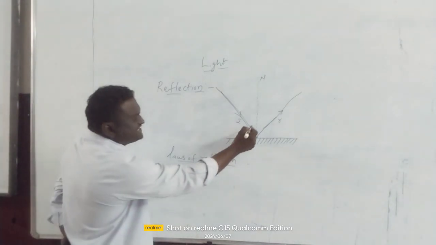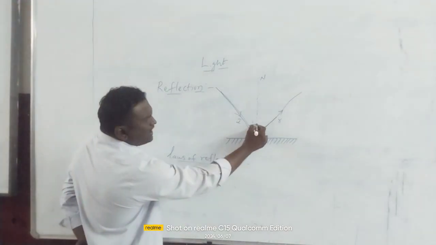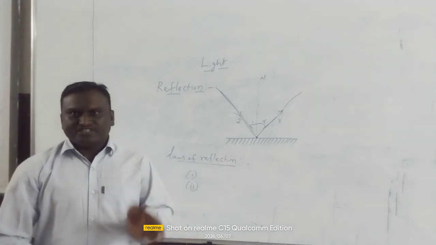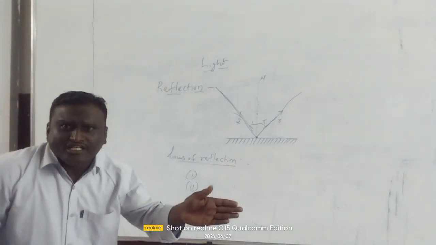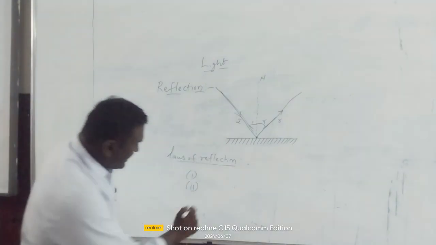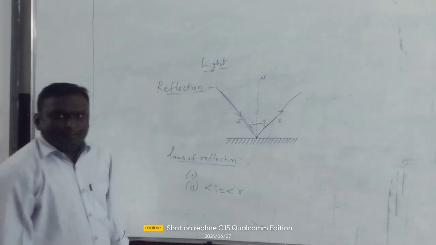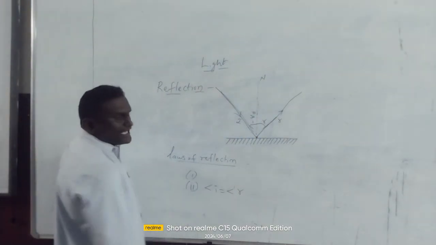The angle of incidence is equal to the angle of reflection. For example, if the angle of incidence is 30 degrees, the angle of reflection